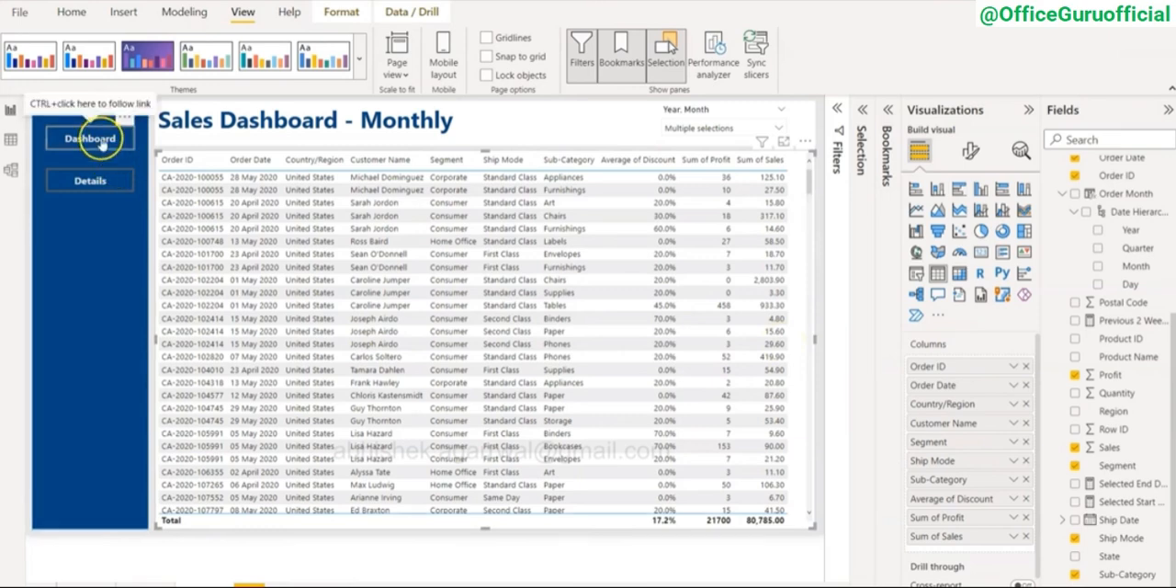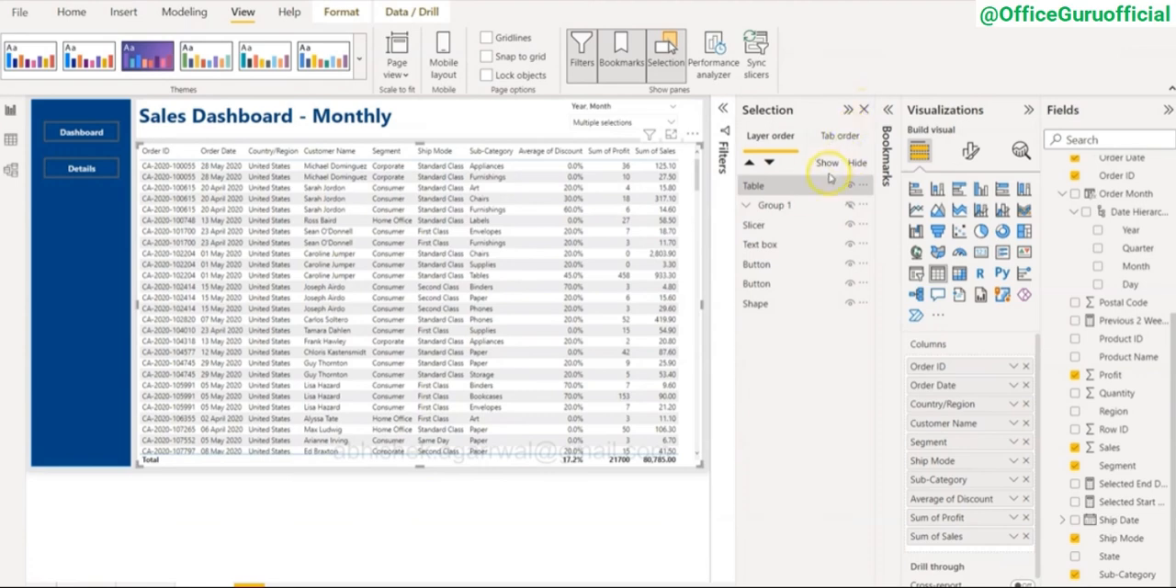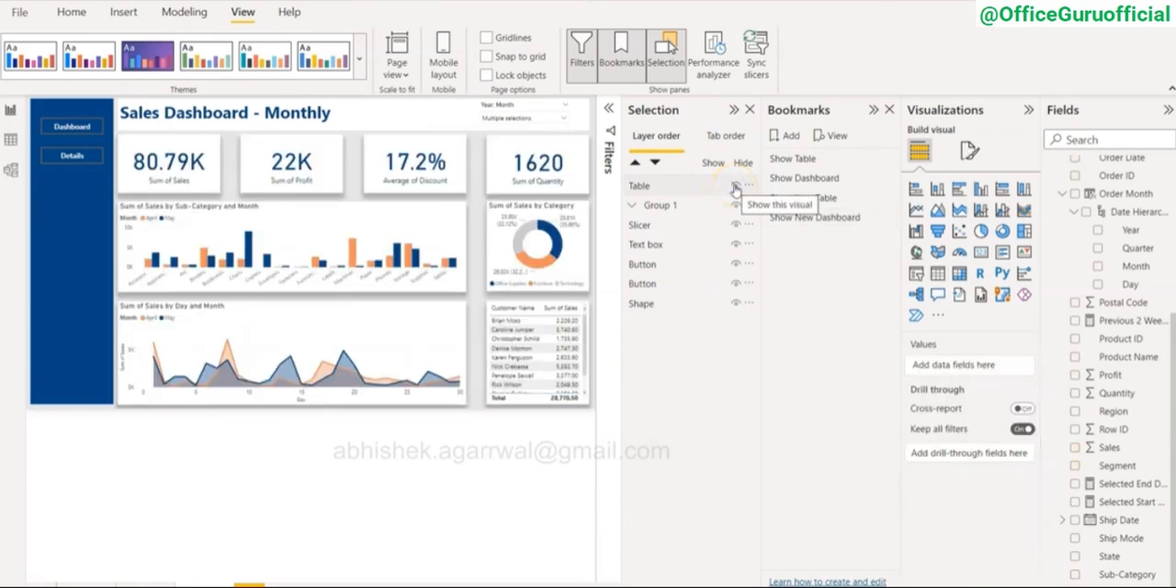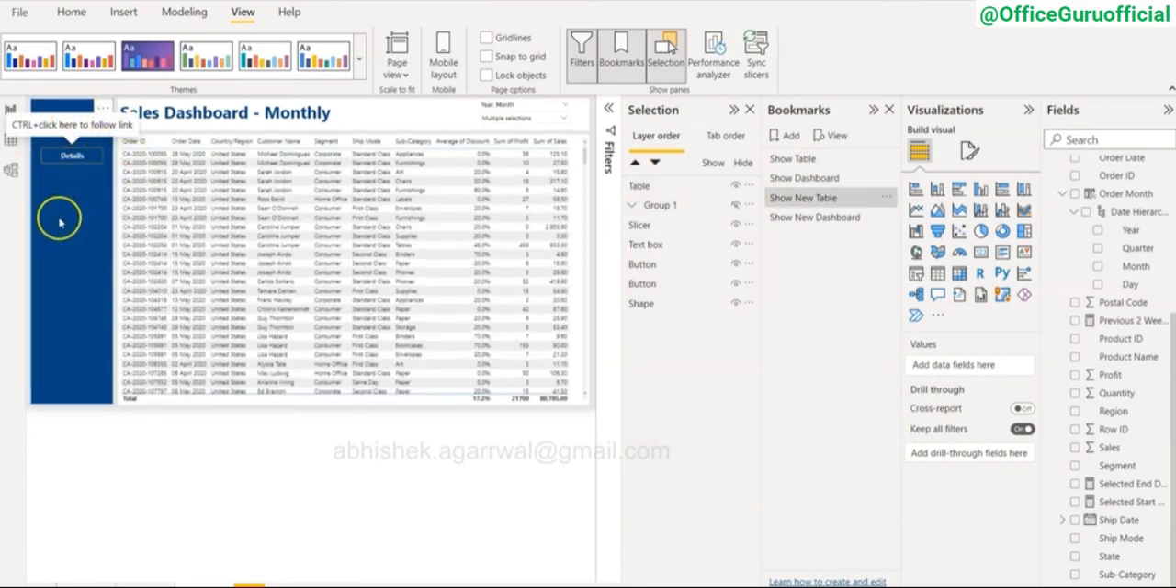So if I now click on dashboard, you will see that the dashboard is visible, but since this table needs to be hidden when I am clicking on the dashboard, right? So if I click on detail, this is what it is. So what we'll do is we will do a quick change in the selection. Okay, so once this is visible, we need to make sure that the bookmark is also enabled. Show new dashboard. Okay, and in that case the table needs to be hidden, and that should be it. So if I click on detail, if I then click on the dashboard, all right,